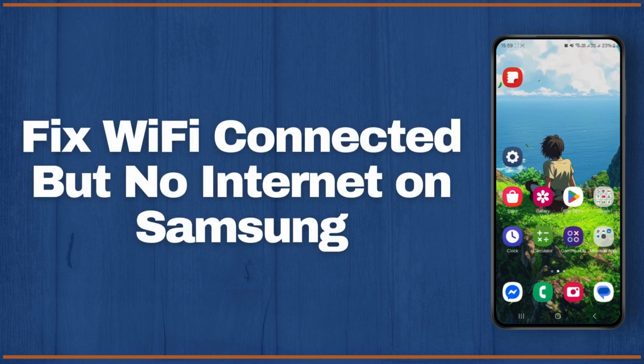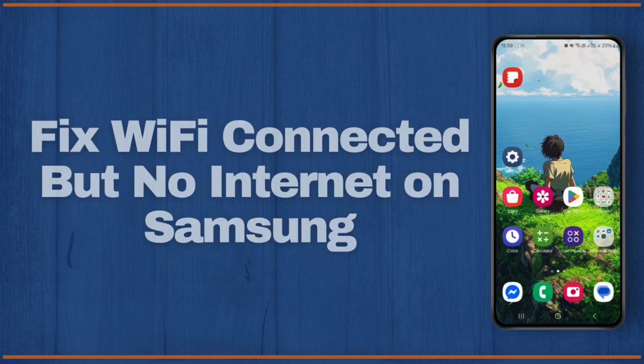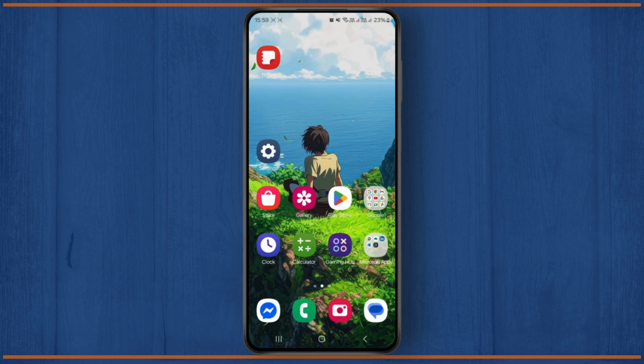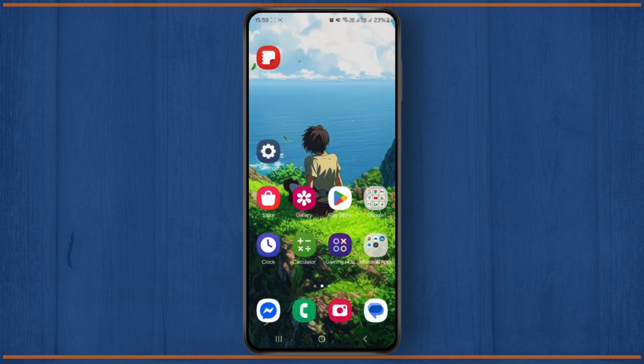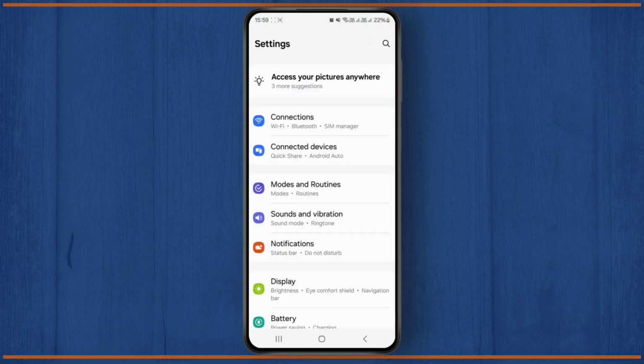How to fix Wi-Fi connected but no internet on Samsung Android phone. So hello guys, welcome back to my YouTube channel. In this quick tutorial, I'll be showing you how you can easily fix the Wi-Fi connected but no internet issue on your Samsung device. So first thing I want you to do is just head over to your settings, and